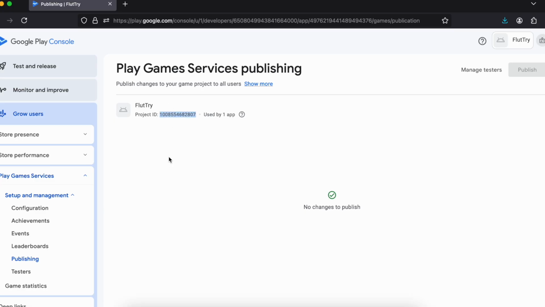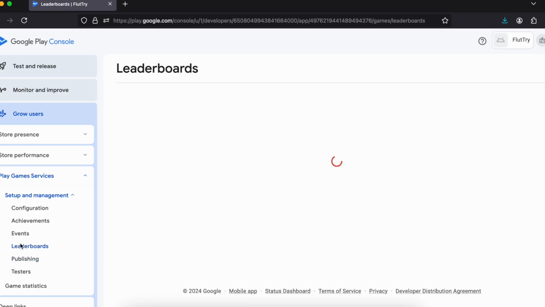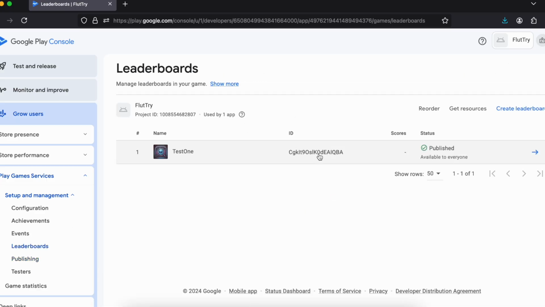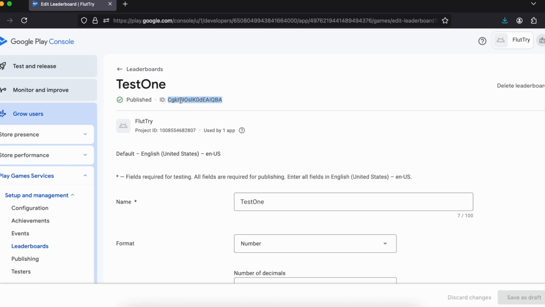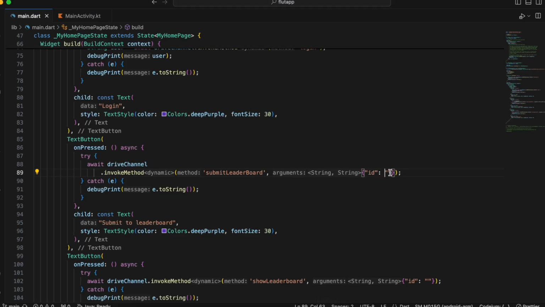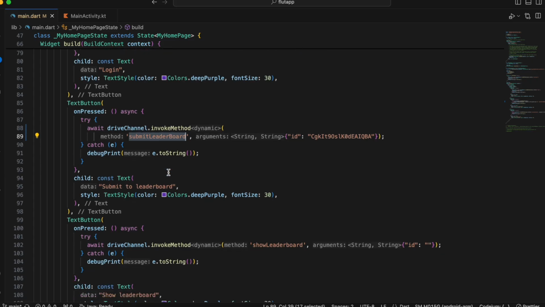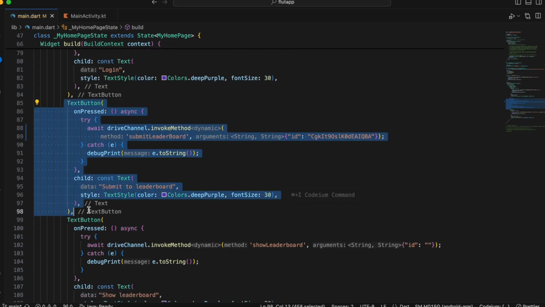Oh sorry, this is the project ID, I guess. You will have to go to leaderboards again. Here is the ID. So just click on this, and I will just copy this leaderboard ID and I'll paste it over here. So it takes an ID, so which leaderboard we want to submit to. In my case, I only have one leaderboard, and so this is the button for submitting to leaderboard, and second